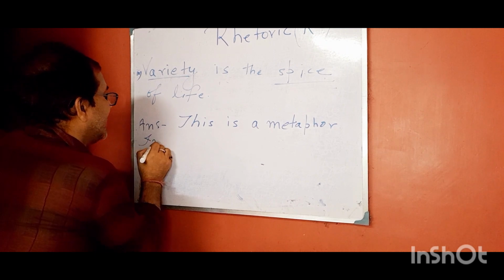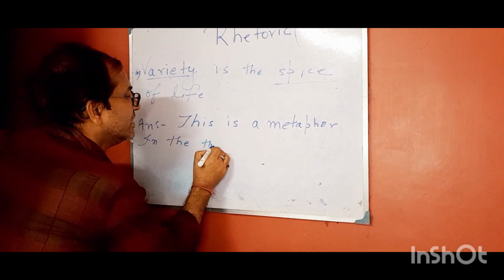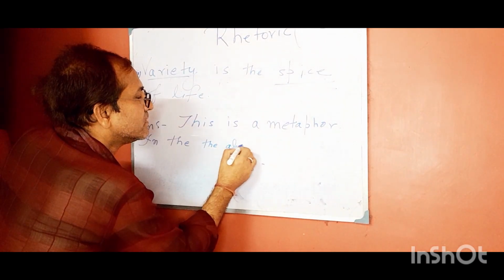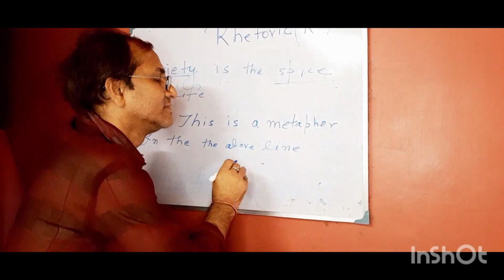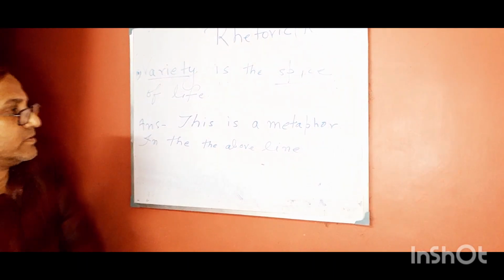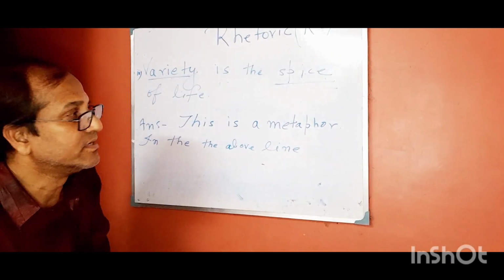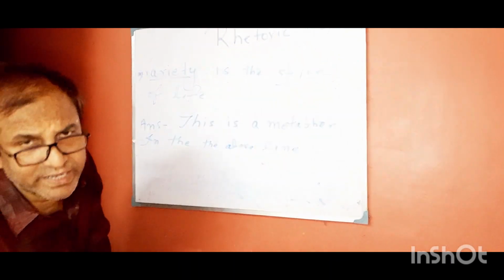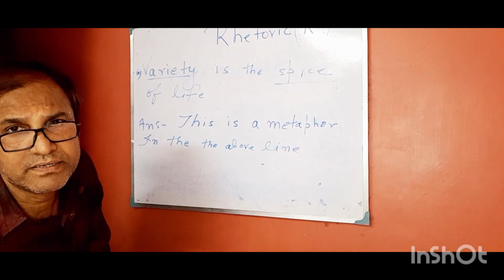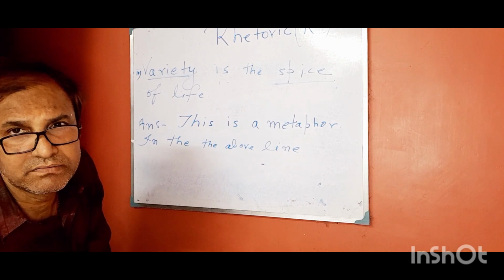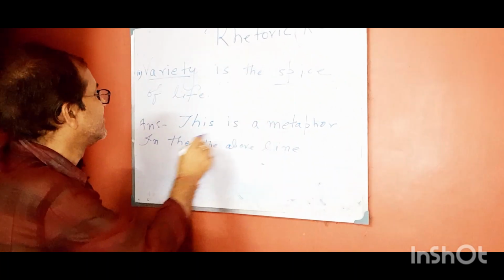In the above line, I am writing in another word. In the above line, you can also write in a different way. There is no rule that you cannot write in another way. If you are a student, I am also a student too, because I always try to study. When I find time, I study. This is the metaphor.